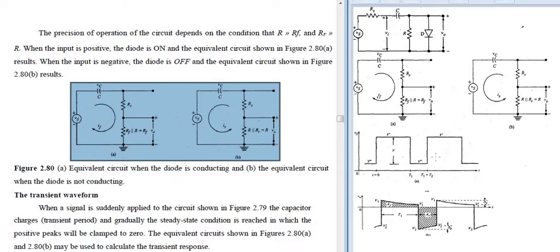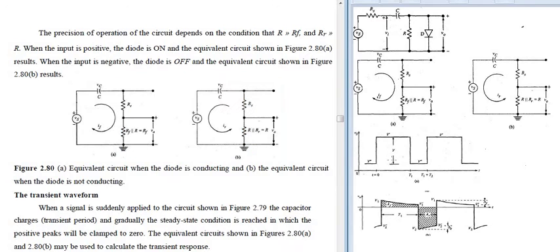Now see, if I am going to apply this particular part, what is the waveform I am considering here? I have given an example of a sine wave, but I am applying a square wave as the input. So if a square wave is the input applied to your clamping circuit, this is how your output will be obtained. This particular positive part, this much part, has been clamped, and the positive part will be less clamped than your negative part. Okay, so I'll clearly explain it once again.